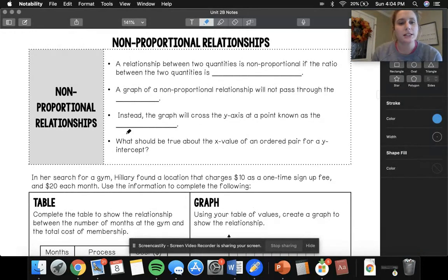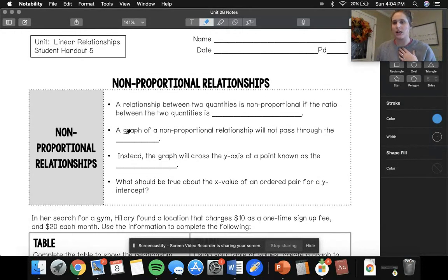So we are on page 9 and 10. We're going to do a little bit of notes just to relate how proportional and non-proportional relationships compare. So page 9 and 10, we have a little bit of vocab, and then we're just going to do a